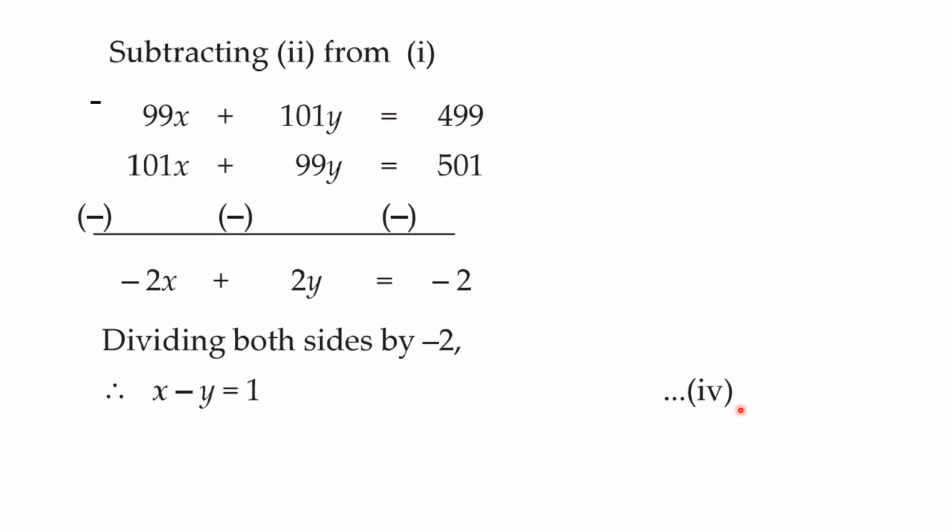So when we added and when we subtracted, what we understood is that these two bigger equations we have converted to simple equations. First is x plus y is equal to 5 and second one is x minus y is equal to 1. So now we have to think of elimination only. Since here we have plus y and here we have minus y, if we add 3 and 4, then y will get eliminated.